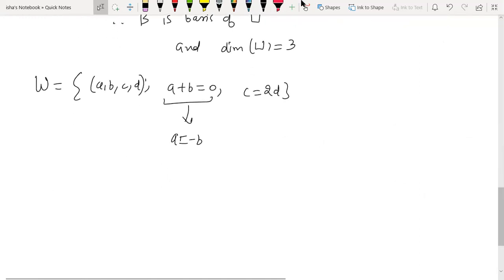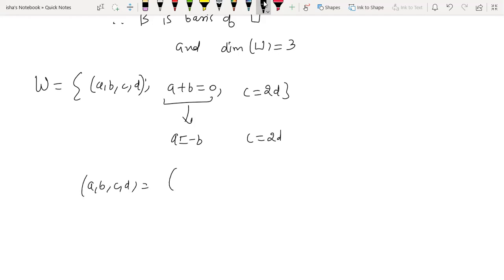Okay. Coming back to this, A is minus B and C is 2D. So I could express A in terms of B, and C is already expressed in terms of D. So my (A, B, C, D) is, I'm writing A is minus B. Nothing for B, B is just B. Now do not make this mistake of writing B as minus A. We are trying to reduce the variables, the number of constants. So if one is expressed in terms of the other, keep the other same. A is minus B, so B remains B. C is 2D, so D remains D. Do not substitute D is C by 2. You will not reach anywhere.